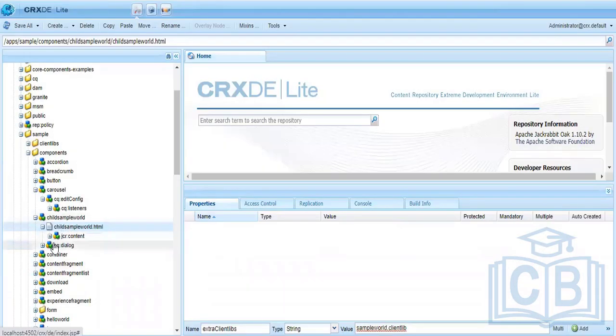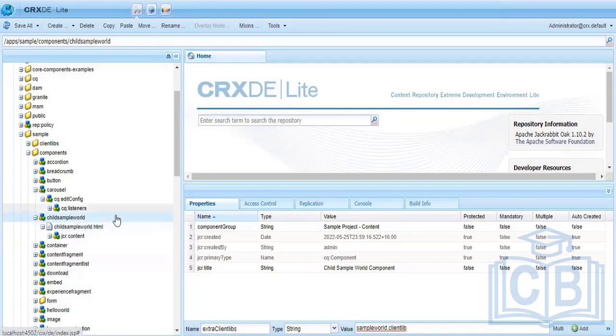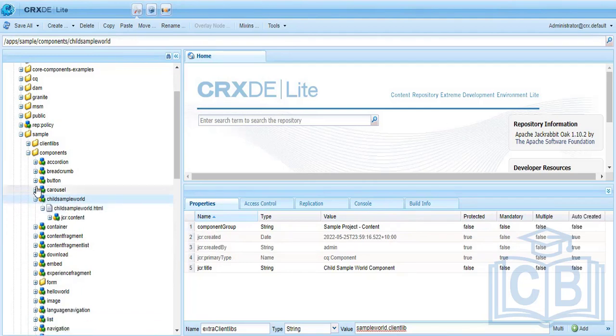Now, it has its dialog as well. Let me delete this. So what I did is I created this child sample word component. It only has its HTML. So now how the inheritance concept is achieved